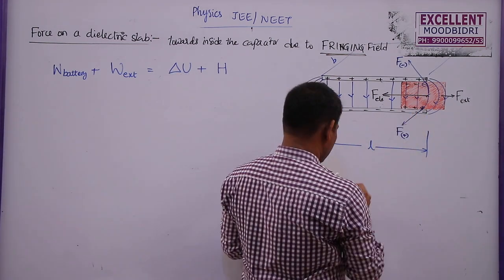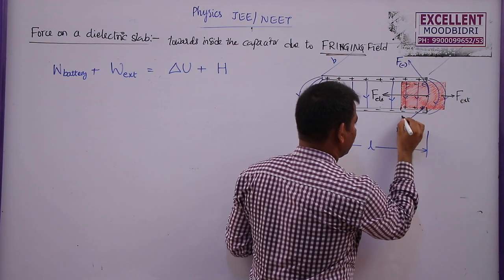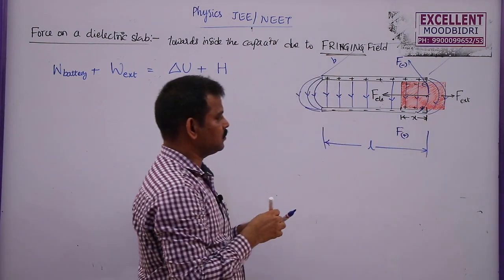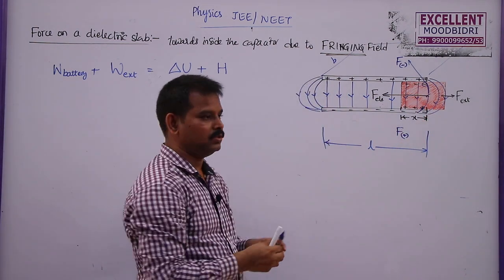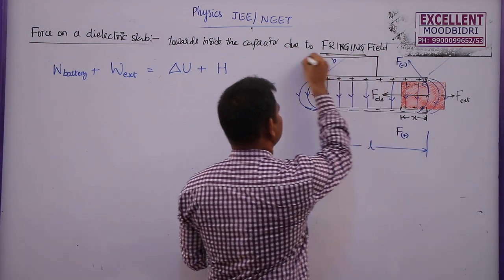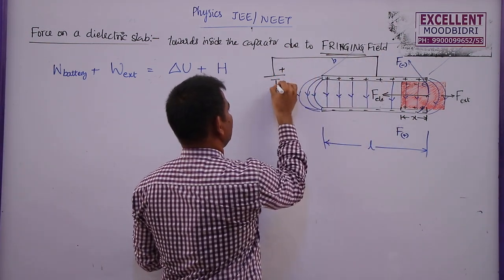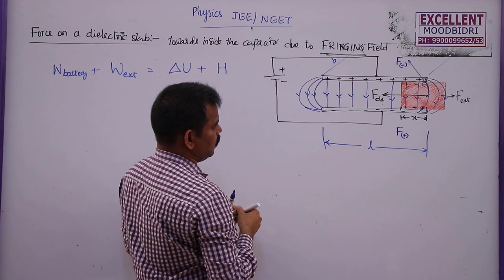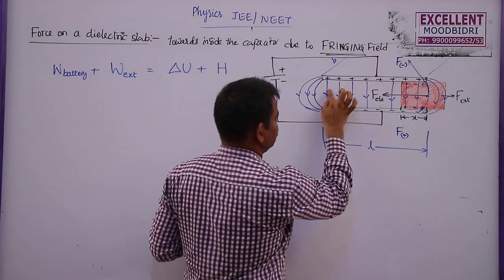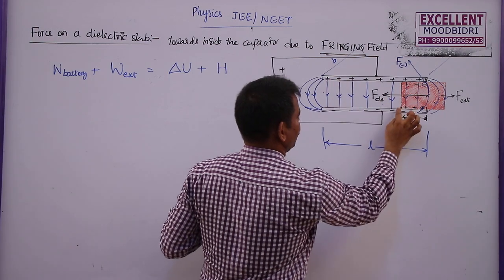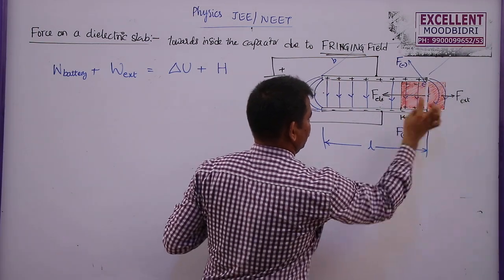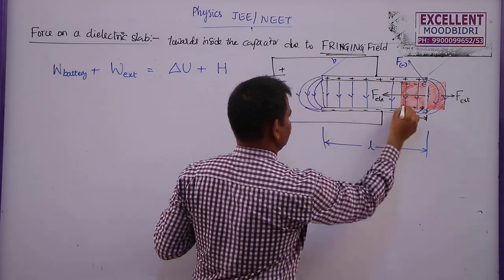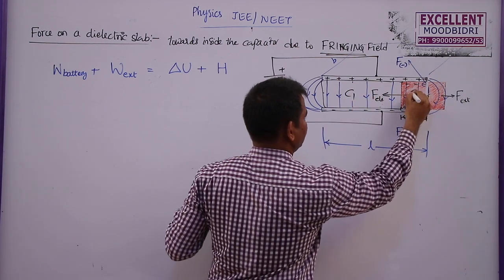But here, the dielectric is inserted within the capacitor through a length or distance x. So now you can see there are two capacitors in this one, and here a battery is connected. This is the positive terminal, this is the negative terminal. So the battery is connected between these two plates. Now there are two capacitors here. One is the space which is filled with air, and this is the space which is filled with dielectric up to here. So let the capacitance of this combination be C1, and this be C2.